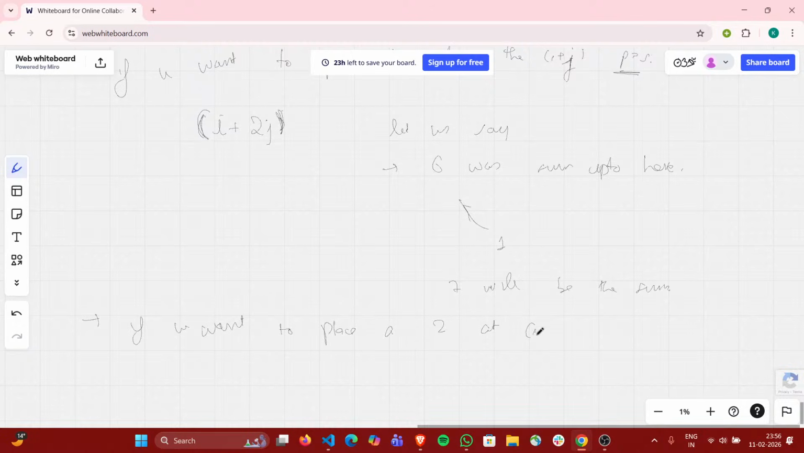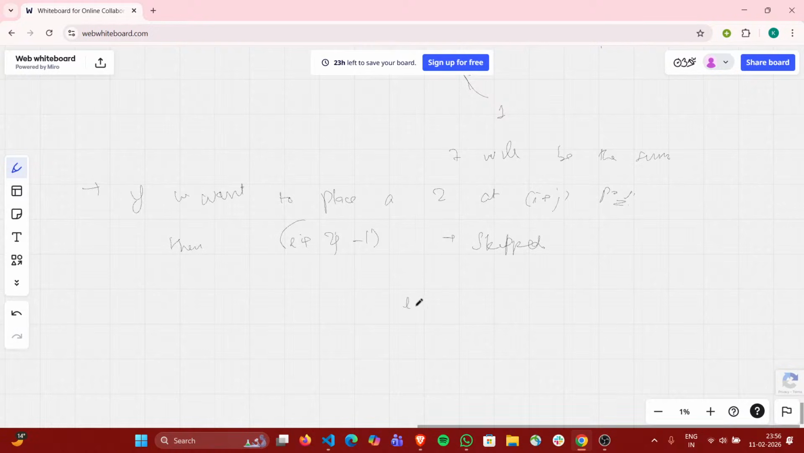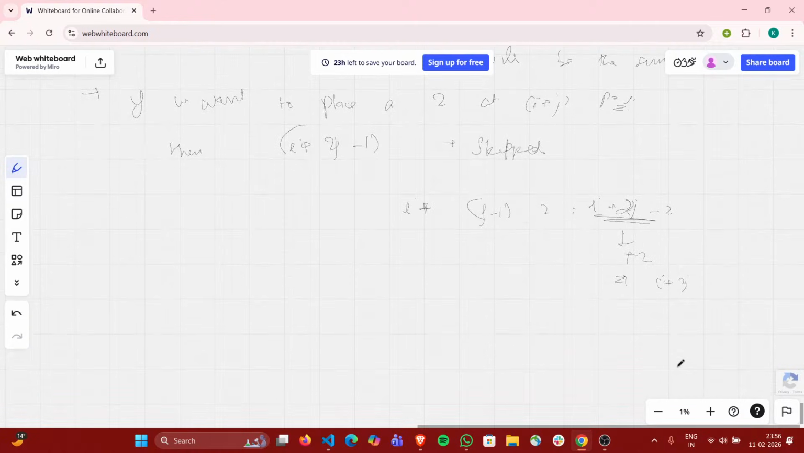place a 2 at I plus j position, then I plus 2j minus 1 was skipped, right? Because the sum up to the previous position is I plus j minus 1 into 2, which is I plus 2j minus 2, and after adding a 2 the sum will be I plus 2j. But what is skipped? I plus 2j minus 1 is skipped,